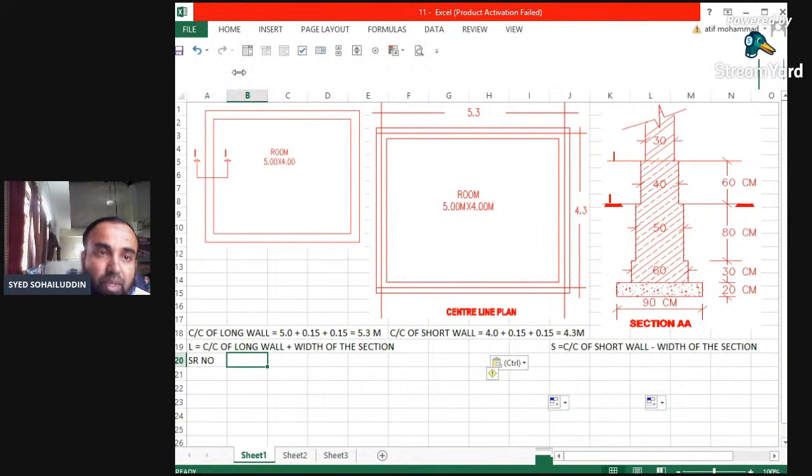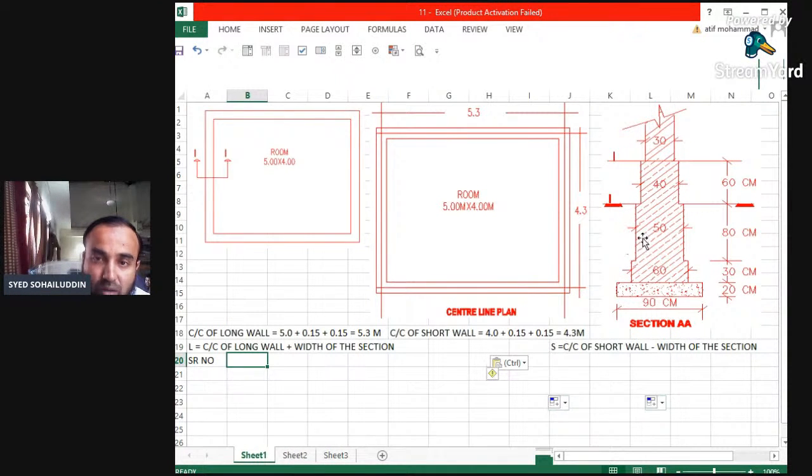So this is to be measured in cubic meters. PCC will be measured in cubic meters. This is to be laid in the case of foundations. So first we have calculated the PCC. Next we are calculating the